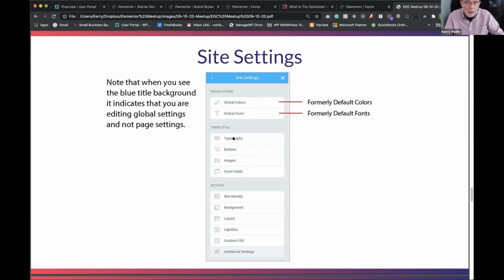Then in the theme styles, you take the definitions you've made here to define these. Your typography, you can use colors for the buttons, typography and colors for form fields, and that sort of thing. So set these first, and then